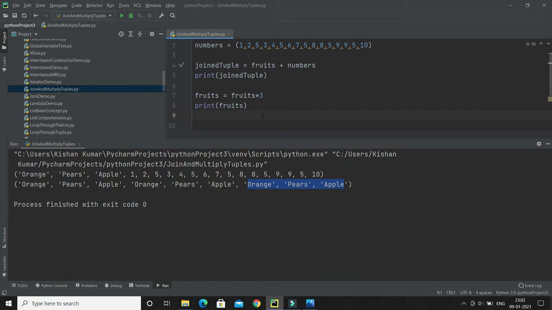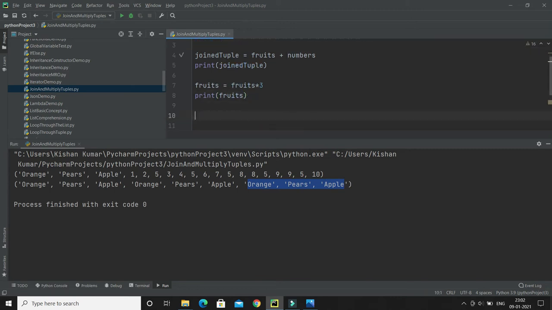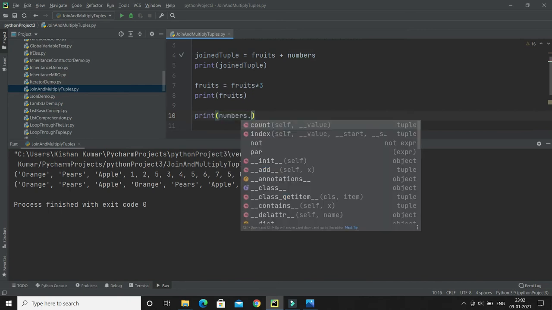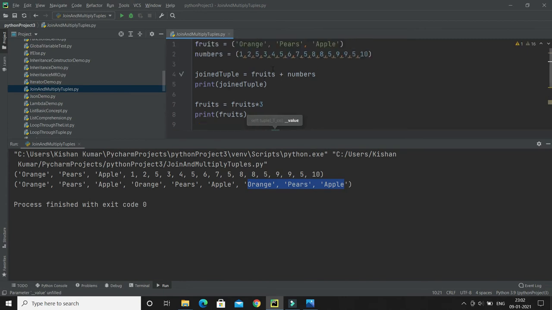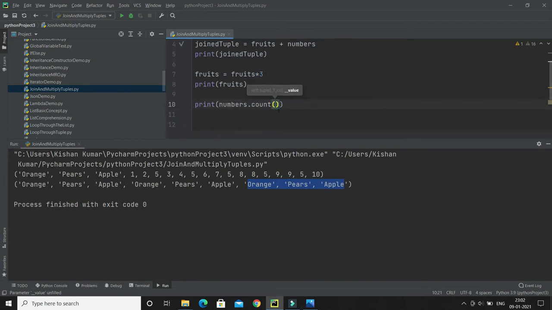The count method basically returns the number of times a specified value appears in the tuple. Let's try to understand through an example. Let's say I would like to check in the numbers tuple how many times the value 5 occurs.